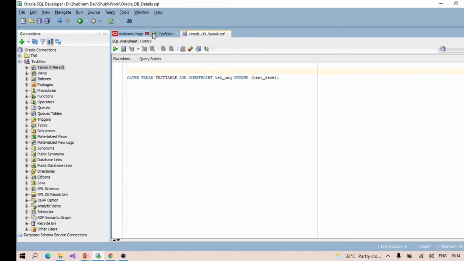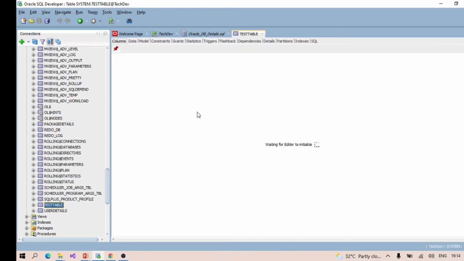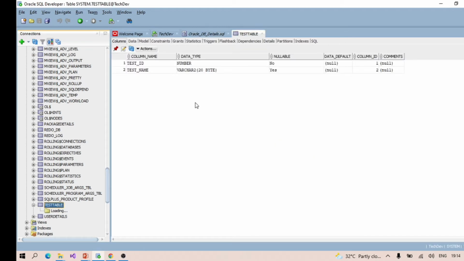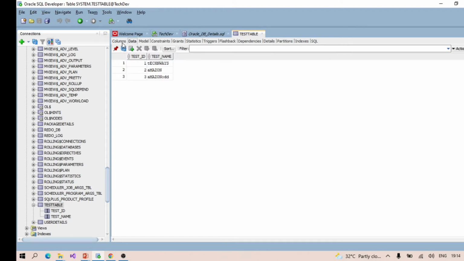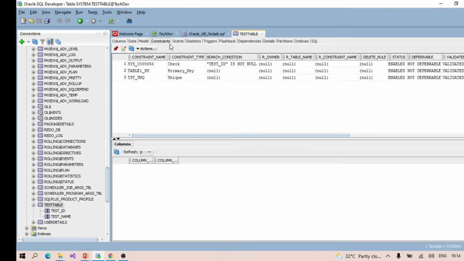So where is our test table? So this is the test table. Let's open it. The constraint is here. So test UNQ I had added.